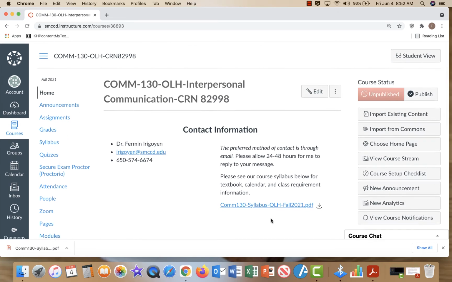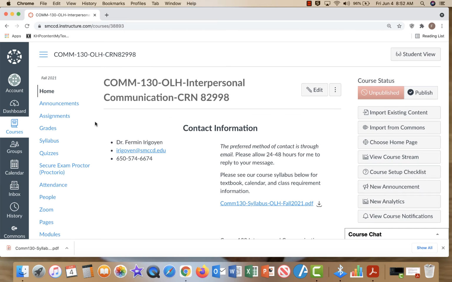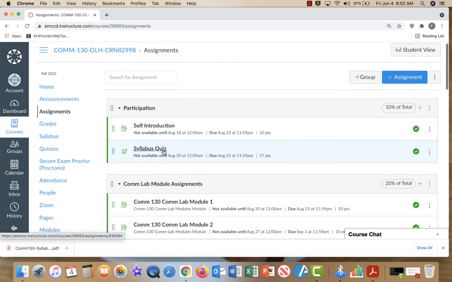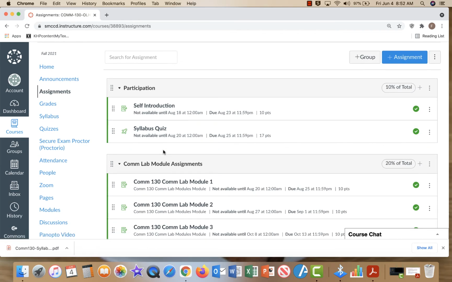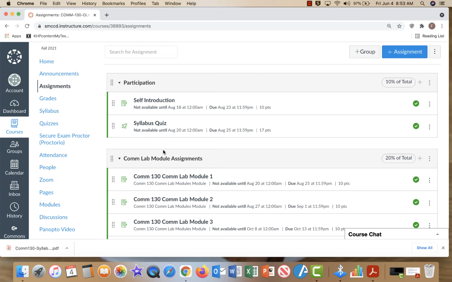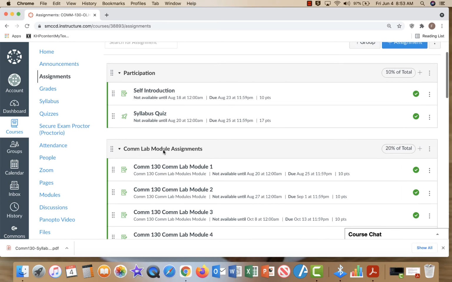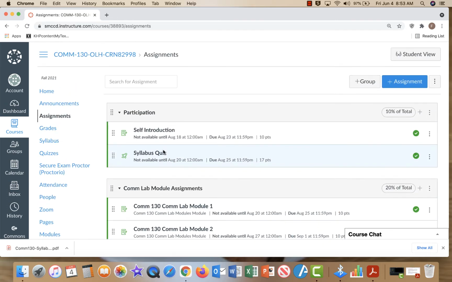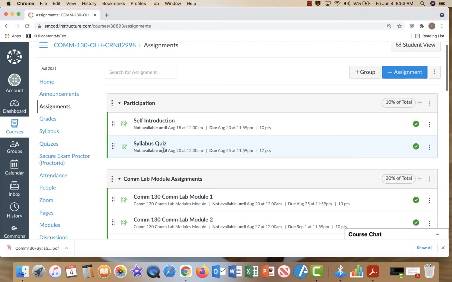Let's take a look at what all of this stuff looks like. So here on this link under assignments, you will find all of your assignments, the due dates and times, how many points the assignments are worth, all here on the assignments. So you're going to be able to have clear instructions as to what is expected for the assignment, how to turn it in, so that you can be successful and earn your points.